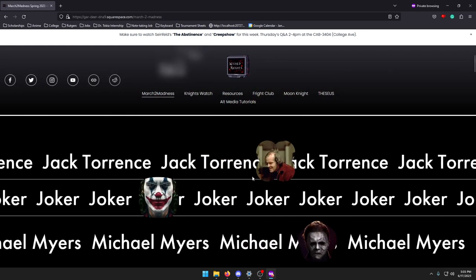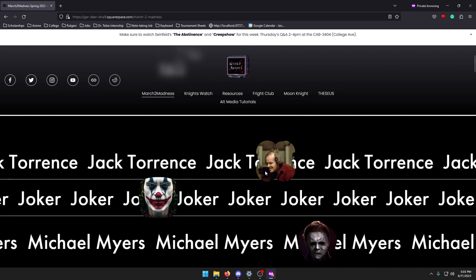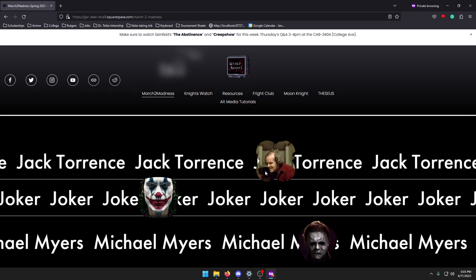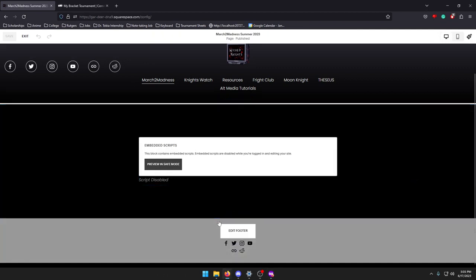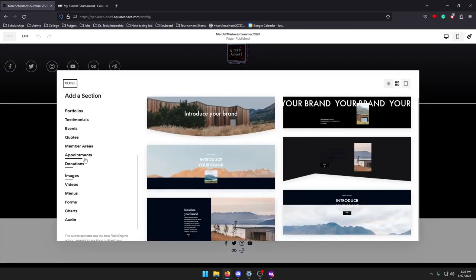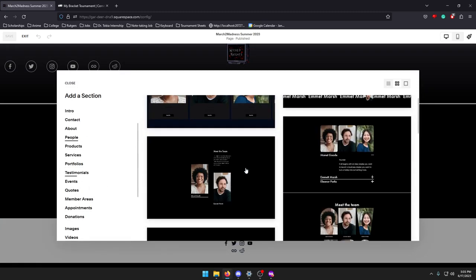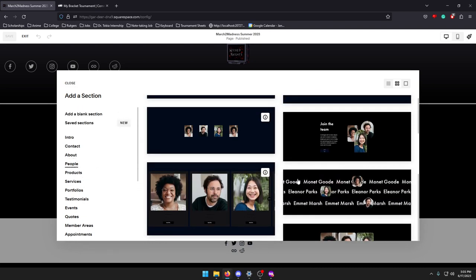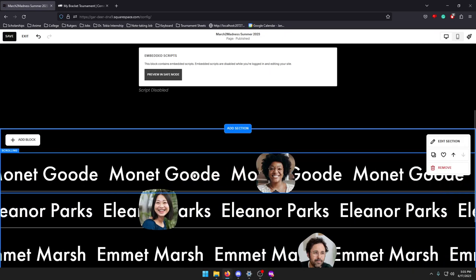So it's just characters that I added some images, and then afterwards I edited the names of the characters to make it look nicer and to make it look more intriguing to the audience. So you can add section over here, and I think what I did was to add people, and you guys can go do whatever you want. What I did was to add a section, and within people there's this small little thing that has just like